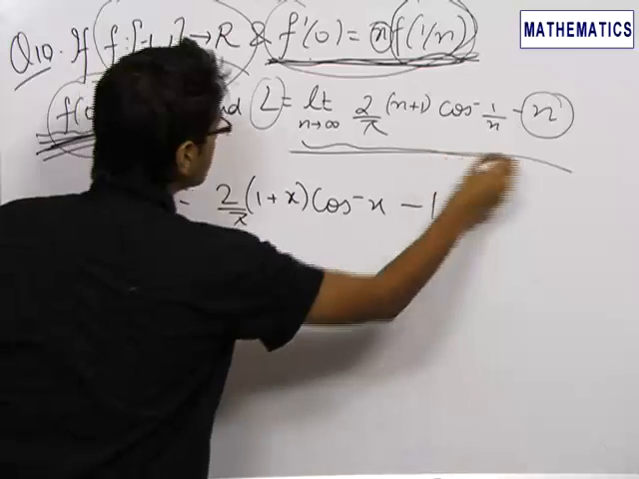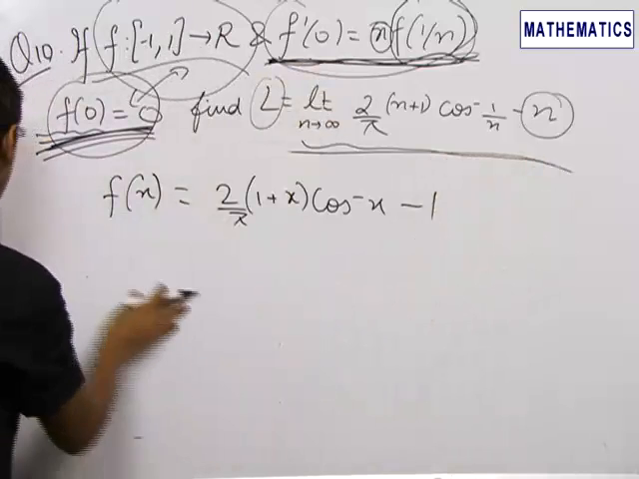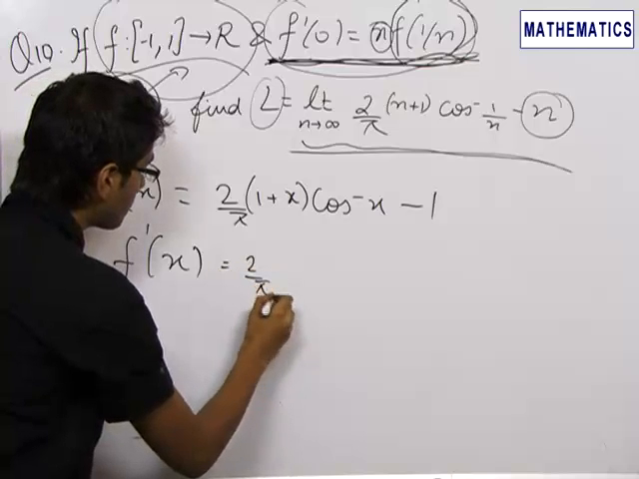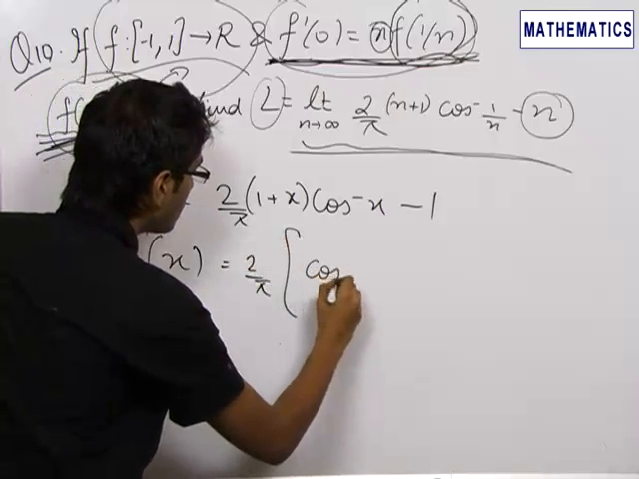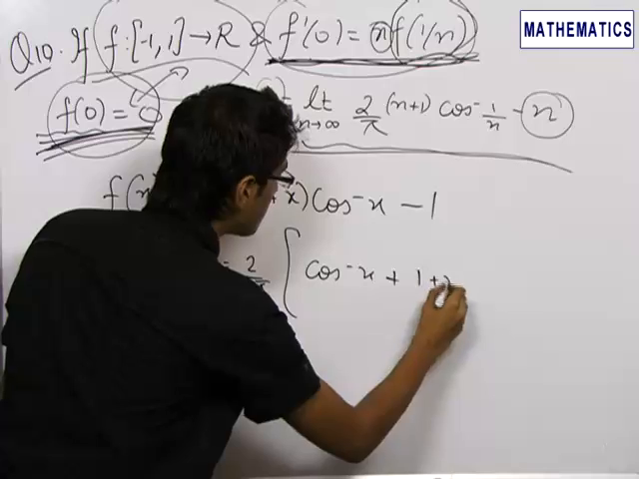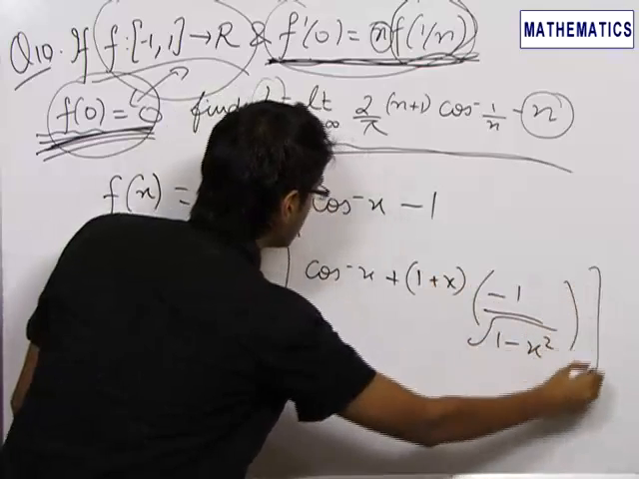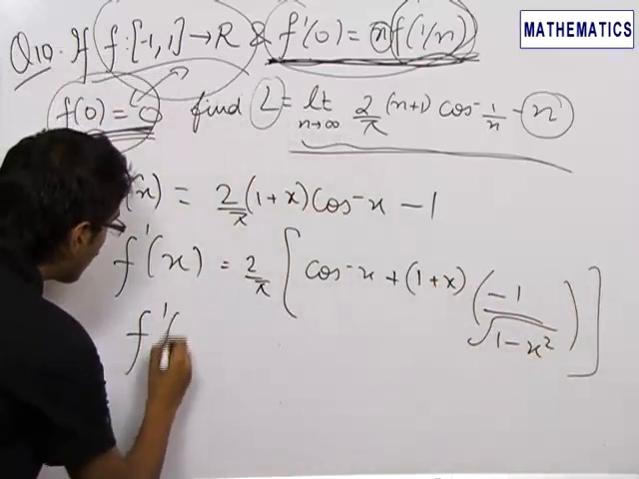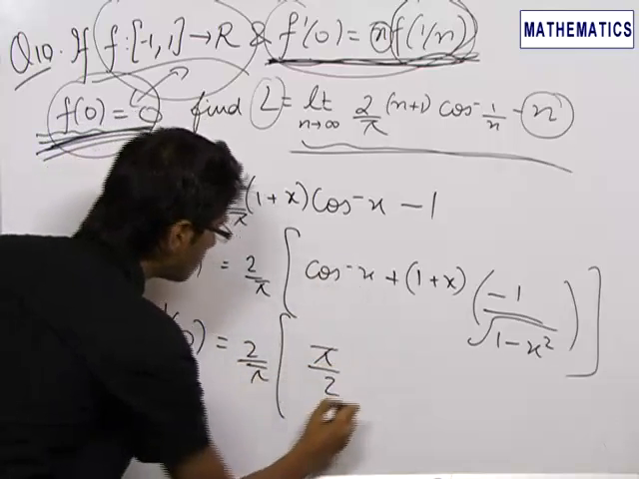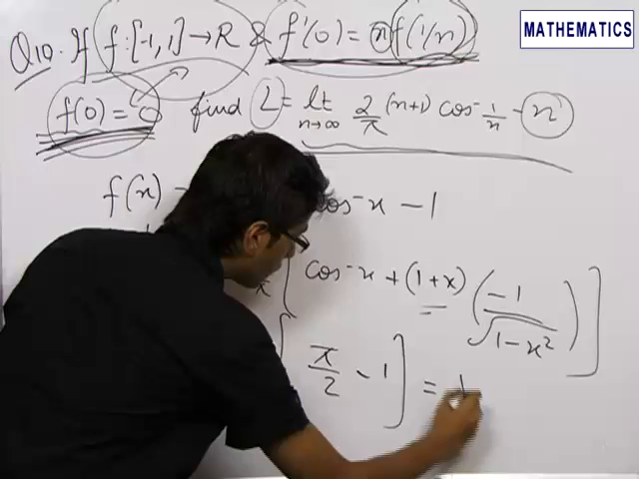Now in order to find this, we just need to find f'(0). For this we first find f'(x), which is equal to (2/π) into [cos⁻¹(x) + (1 + x) into (−1/√(1 − x²))]. So now the value of f'(0) will be equal to (2/π) into cos⁻¹(0), which is equal to π/2. This is 1, this is 1, so this is π/2 − 1. So we get 1 minus